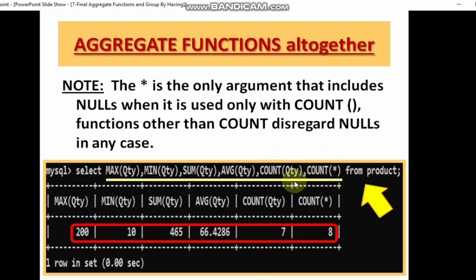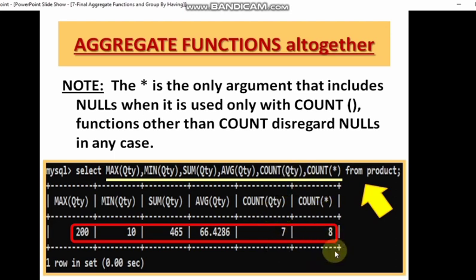So count, if you write any name of column in the parameter, will not consider the null value, but count star will consider the null value. That is why there is a difference in these two values, and it's a very important question which comes.